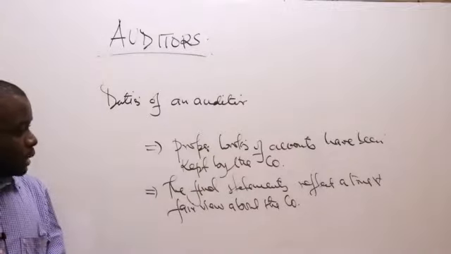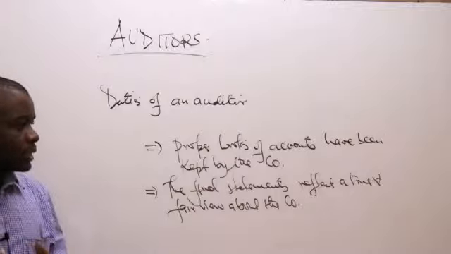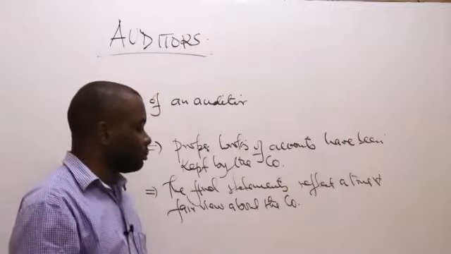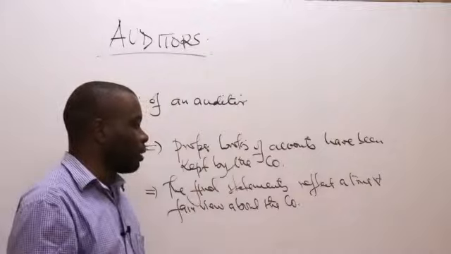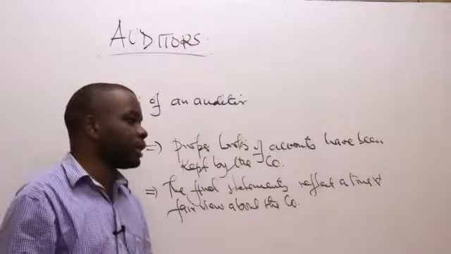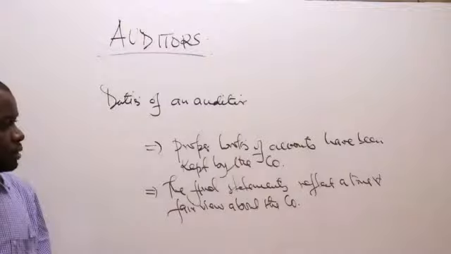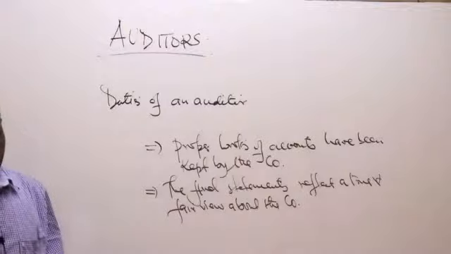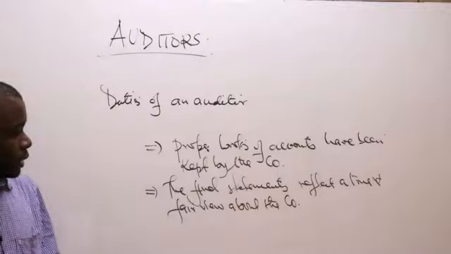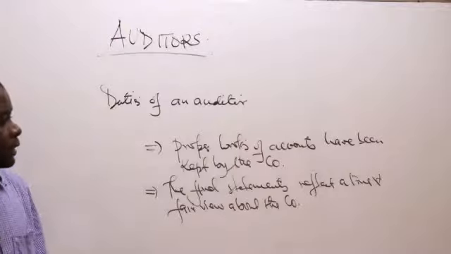Then of course, if it is a public company, he could go further and look at the remuneration of the directors. So you look at how the directors of the company are being remunerated. Are they following the requirements that have been set out by the members? For example, how much they're supposed to be remunerated as directors of the company. So that will be part of his duties or roles as an auditor of the company, ensuring that proper books of accounts have been kept and the final accounts reflect a true and fair